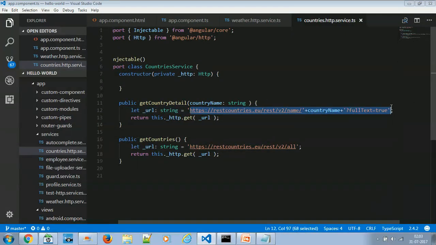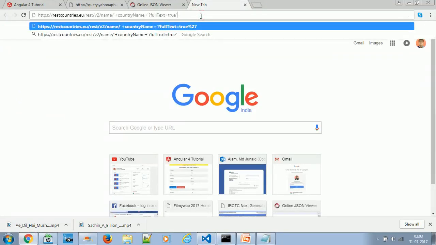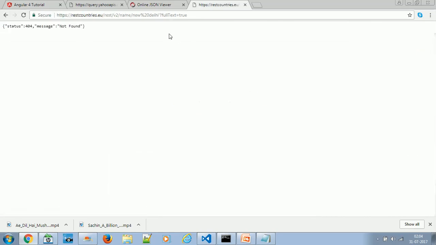So say for example, I'll just copy this, hit it in the URL directly, and let us check this structure, that will be easy to relate. So the capital returned is New Delhi. So what I'll do is type here directly New Delhi, because I'm passing India as the parameter, so the parameter returned is New Delhi. Sorry, some mistake, some quotes or something is still missing.